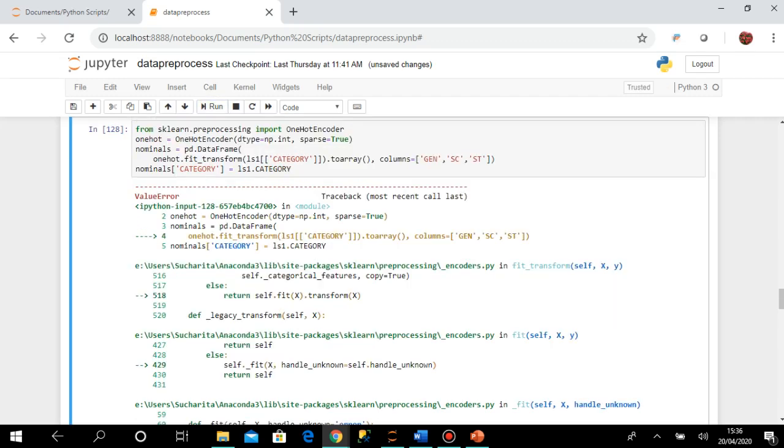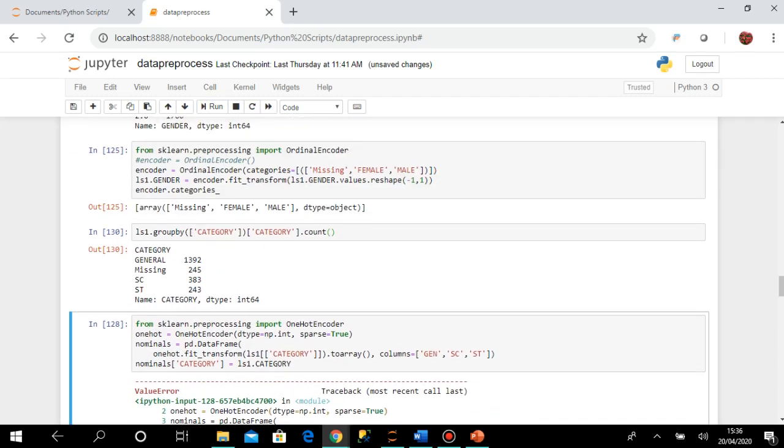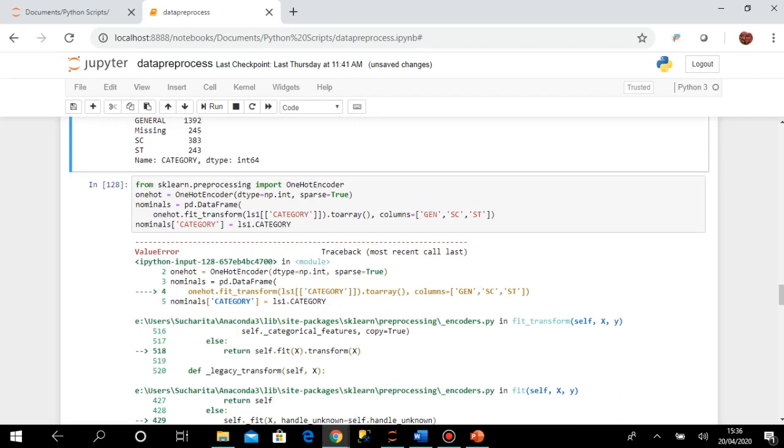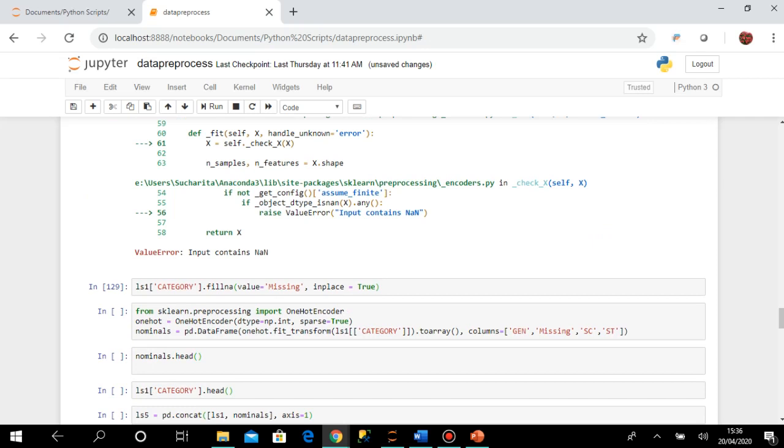So when I have grouped, I can see that there are now 4 types of categories: general candidates 1392, missing category 245, SC 383 and ST 243. Okay, so now